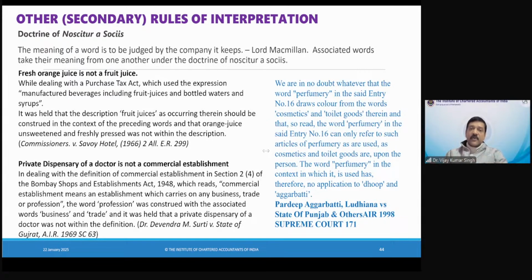Even if you are not able to do it by way of harmonious construction, you move to the mischief rule. There you basically see what has been happening in the past, why the law came up, what the objective of the law was, what the law is providing, and whether that provision is being done properly or not. This is something you have to clearly mention there. This becomes your overall perspective of the rule. I hope this clarifies your point.